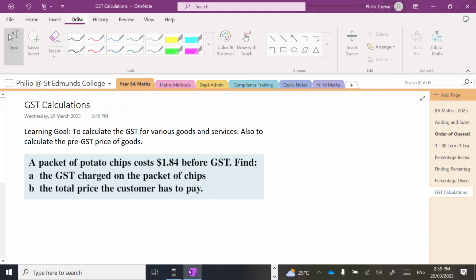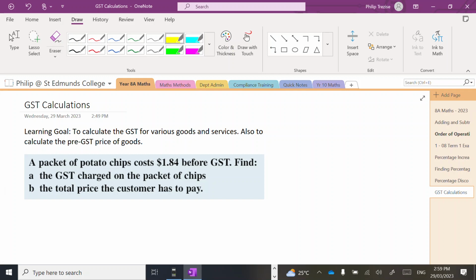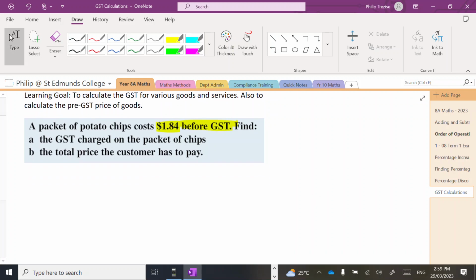So let's begin with our first example here. We have a packet of potato chips that costs $1.84, and this is before GST. First, we have to find the GST charged. So GST in Australia is at 10%. So we need 10% of, which means multiply,